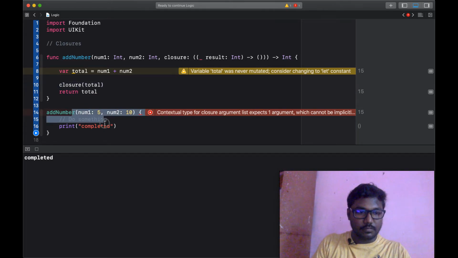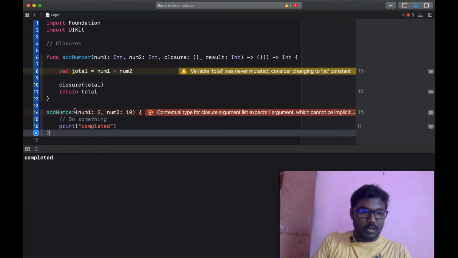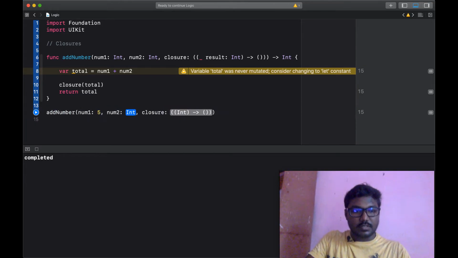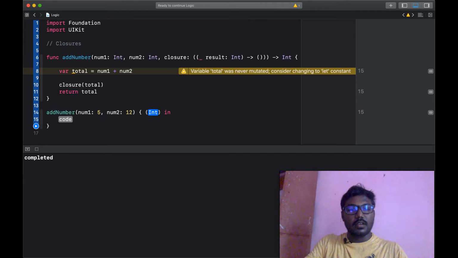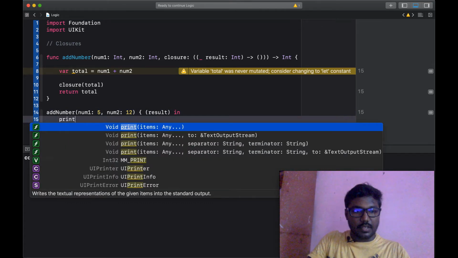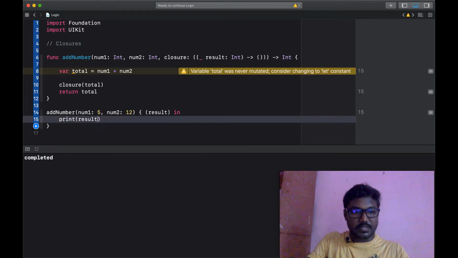Likewise, I am again implementing that 5 plus 12. Here we can mention the closure return value. Here I am setting the result as a return value, and I am printing the result.